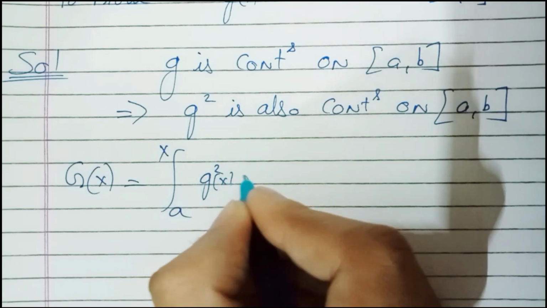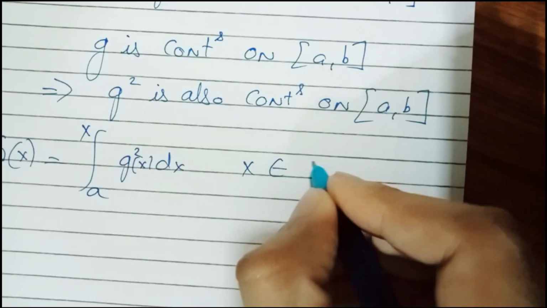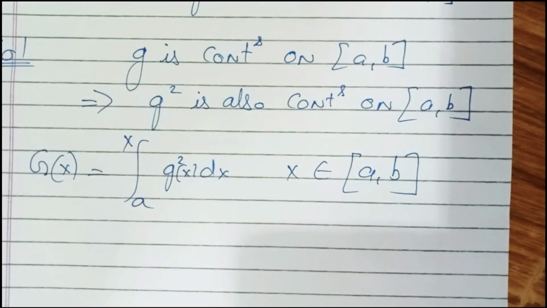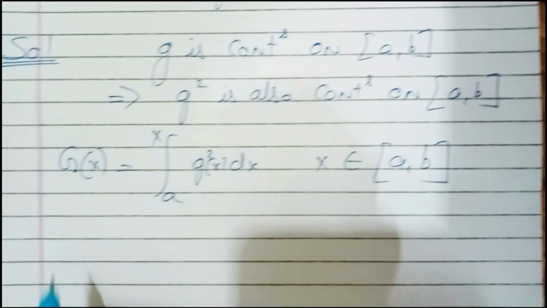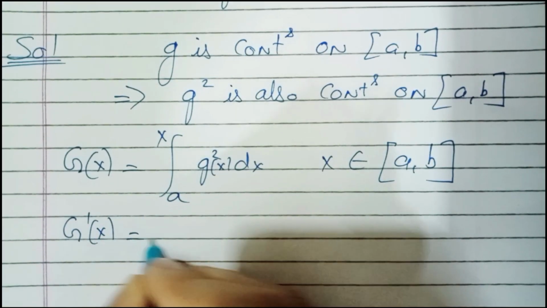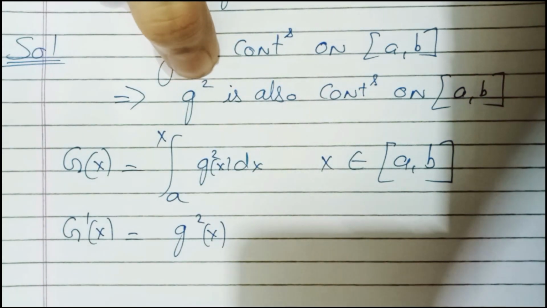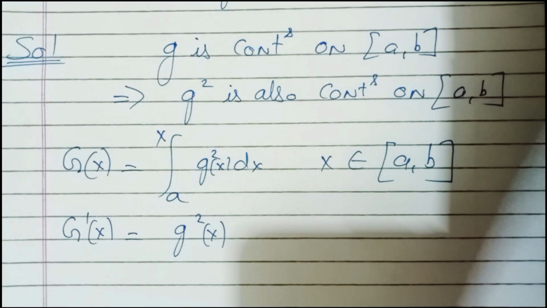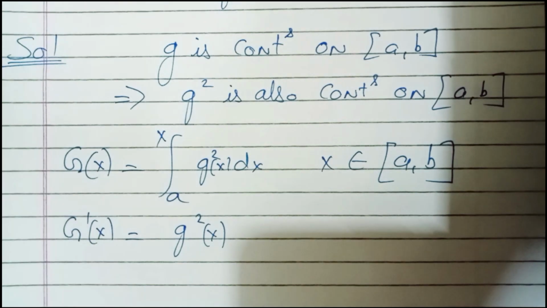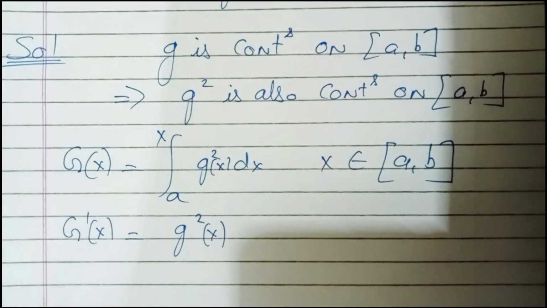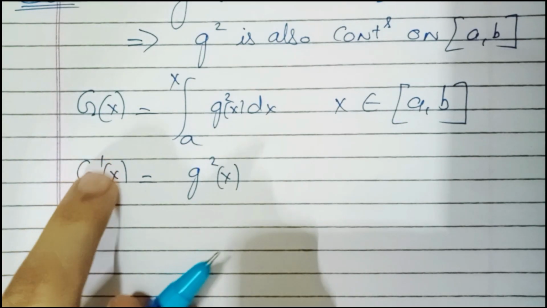And we know from the fundamental theorem of calculus that the derivative of Gx is g square x. So since g square is continuous, we know how to construct an antiderivative of g square through the fundamental theorem of calculus. We know this, it's easy. Alright, we know this much till now. Okay, and now we can see that capital G derivative is g square, which is greater than or equal to 0. From here it implies that G is increasing,